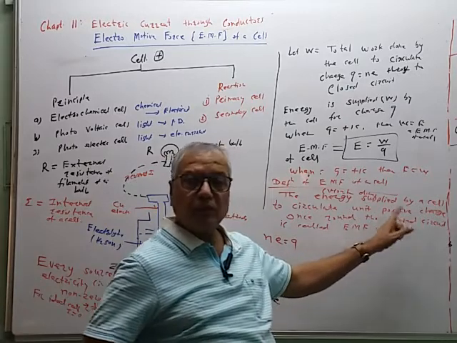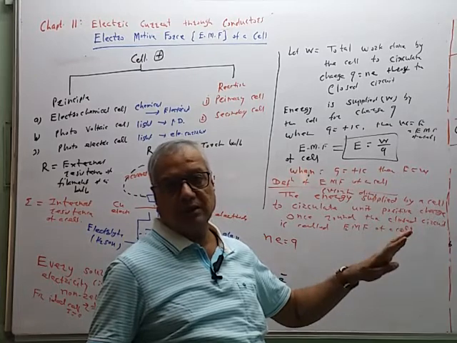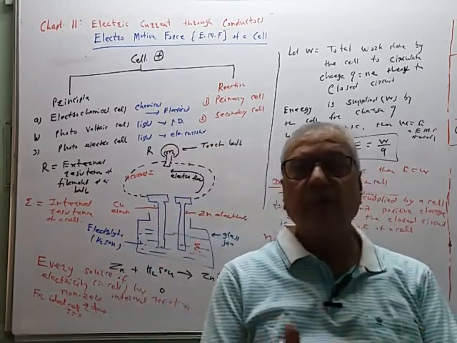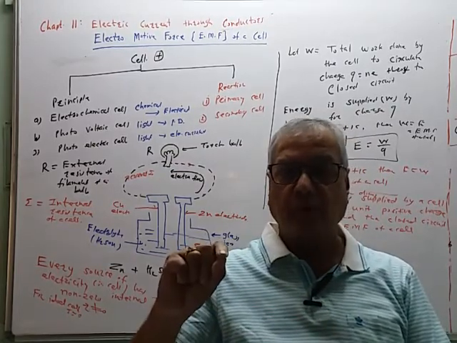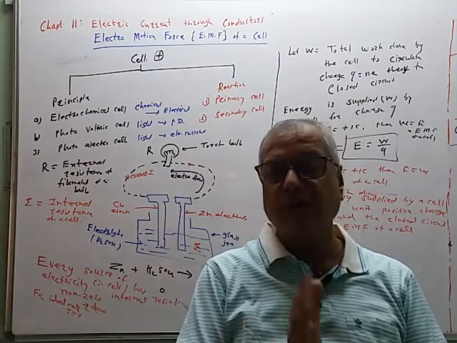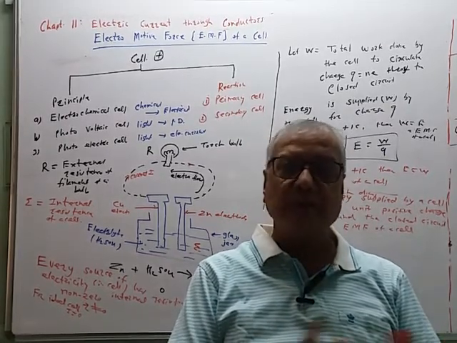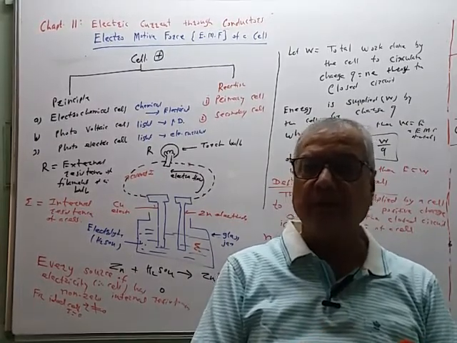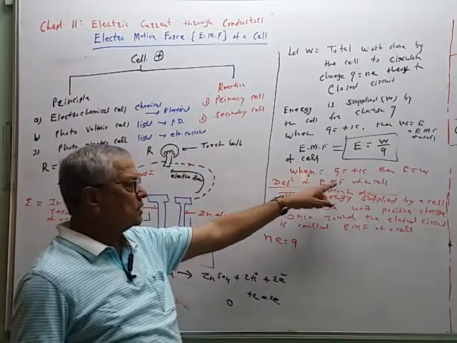So we know this principle of electricity. If the circuit is not closed, then there is no flow of current. In many circuits we are using the plug key. When the key is open, there is no current. Current flow will stop because the circuit becomes open. Circuit is open, no current. Circuit is closed, there is a current. There is a flow of charge. The ammeter will definitely show some reading. The pointer of the ammeter shows some reading. So this is the definition of EMF of a cell.